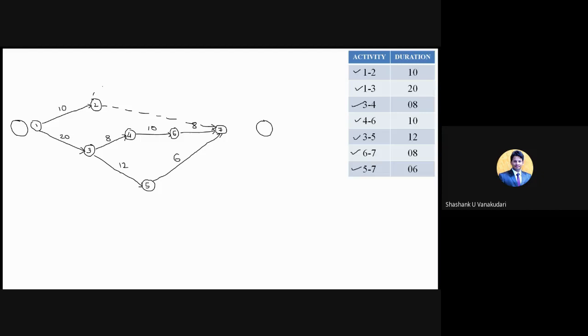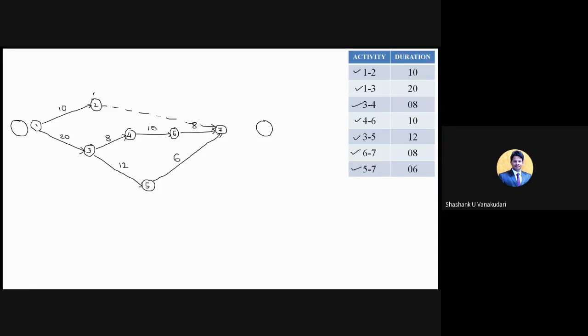So here I can provide a dummy activity for 2 to 7, because you might ask, sir, why not give 2 to 4 and 2 to 6? Because whenever you provide 2 to 7, it won't disturb any conditions. In some cases, activity 4 to 6 might have 3 to 4 as a predecessor, so if you join 2 to 4, that condition won't get satisfied. So we are giving it directly to the last activity, 2 to 7, and then we are solving this problem.